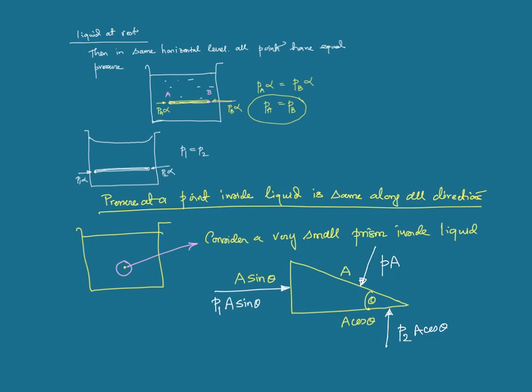Now this is a very small prism, so we can neglect its weight. The components of the force PA will be: if the total force is PA and this angle is theta, that's PA cos theta and that's PA sine theta. And for equilibrium of this prism,